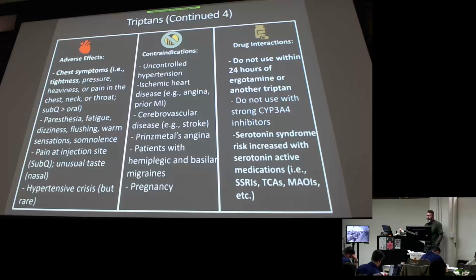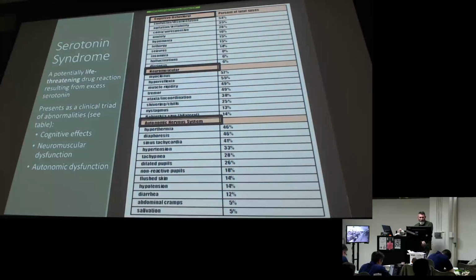And then don't use with strong CYP3A4 inhibitors. We're familiar with those. Anybody remember what are strong ones? Like the azoles, right? The antifungals, and then your macrolide antibiotics, right? Clarithromycin, erythromycin. So you need to know, those show up all the time, the CYP3A4 enzyme, either inhibitors or inducers, but in this case, strong inhibitors or serotoninergic medications, severe drug interactions. Which leads to serotonin syndrome.